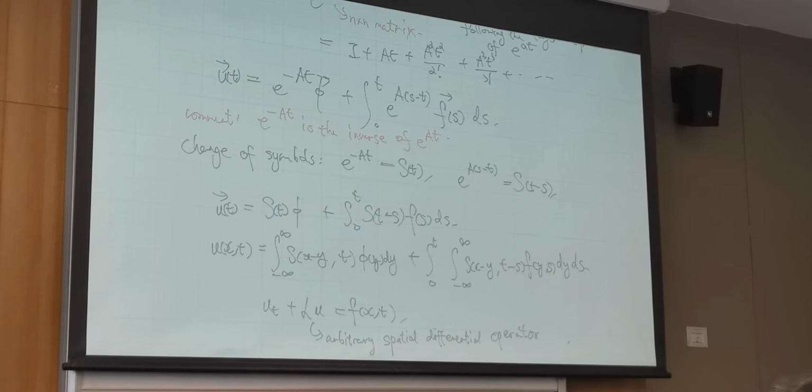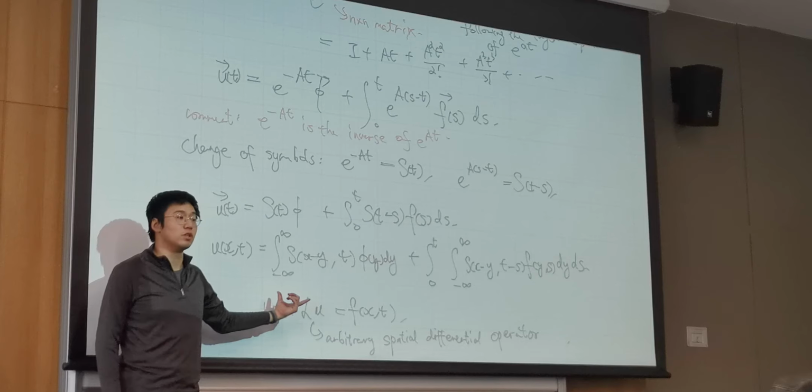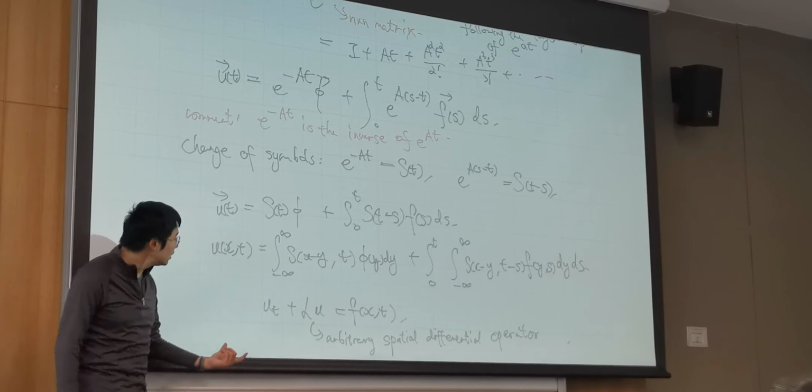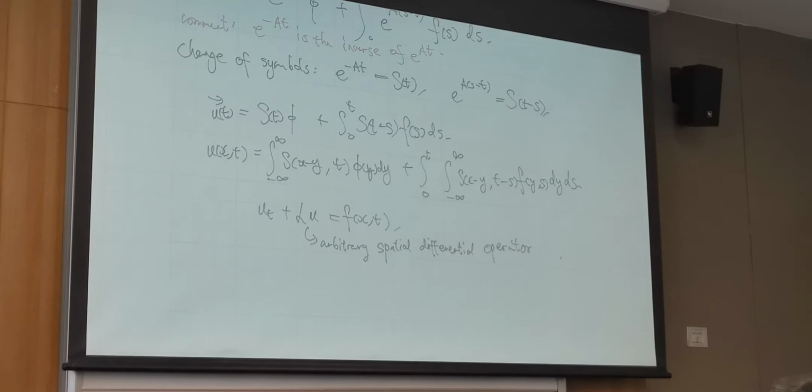Okay, it doesn't have to be second order. It can be any order, or it can be a combination of multiple different spatial differential operators. And the corresponding solution to this equation is also going to be something like u(x,t) that equals to